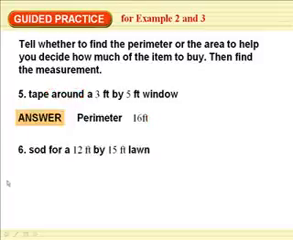Sod for a 12-foot by 15-foot lawn. Okay, what do you do with sod? You put it down on the ground. You cover your area that you're trying to put a lawn. So you are doing area there. 15 by 12. Area